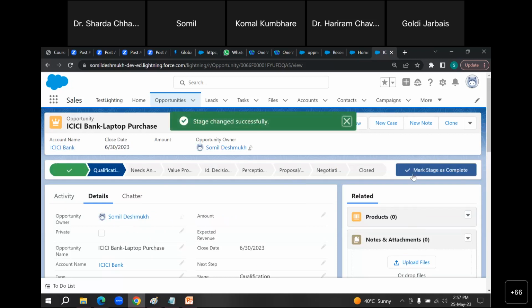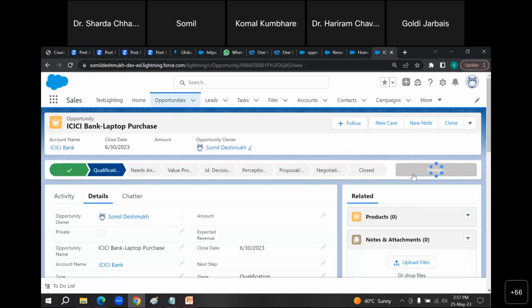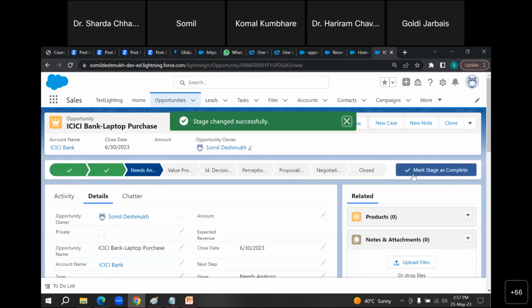So qualification would be the part. Then there would be an analysis. These are the stages that we have to go through. This is not the actual thing that we should know, but we should know that these are the stages within an opportunity when we are coming with B2B. For B2C also that would be the same thing.